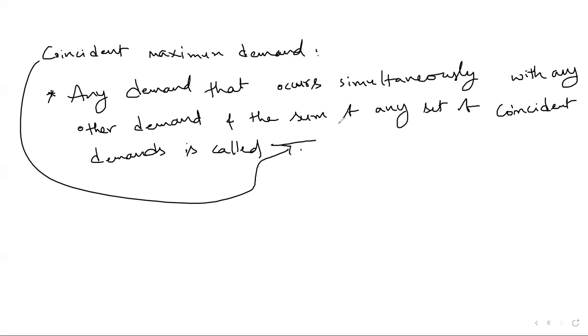Similarly, if there are two individual loads which each have their own peak load at a certain particular period of time, the difference between these peak loads is called load diversity. Nothing but the difference between the peak of two or more individual loads and the peak of the combined load is called load diversity.